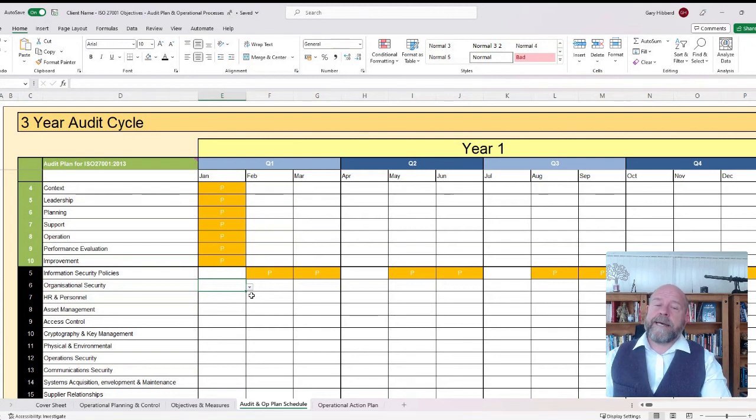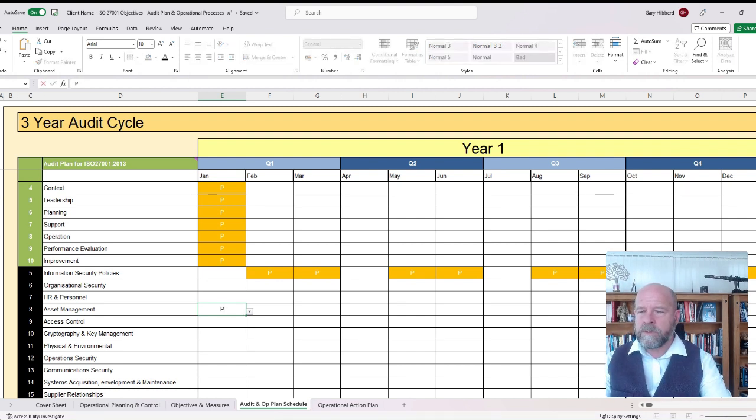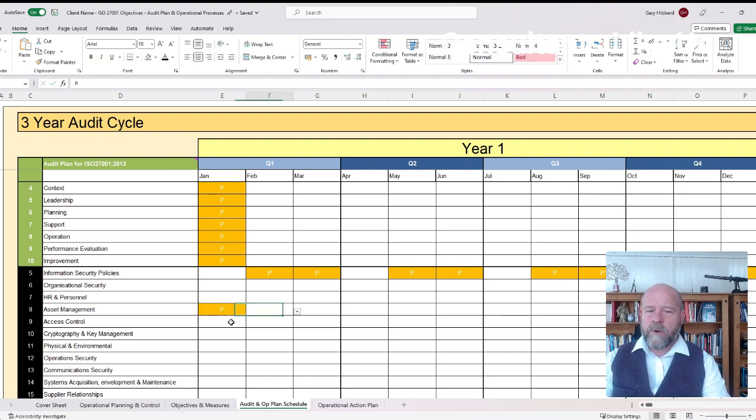And you can see here that we have still kept the old framework in as much as we've kept the old ISO 27001 2013 Annex A controls listed. And the reason for that is just very simply that we want to be able to get down to the granularity within each of these areas. So we can go into an organization or a client or one of our own companies and say, okay, look, we know that previously we had an issue around asset management. So we plan to actually do the audit in January,